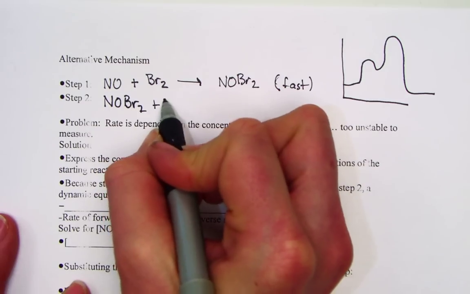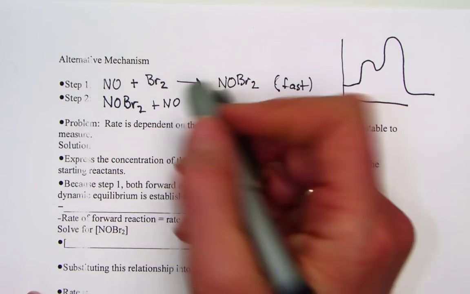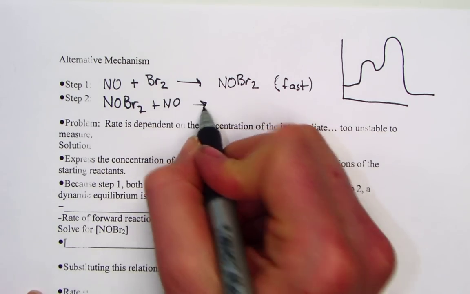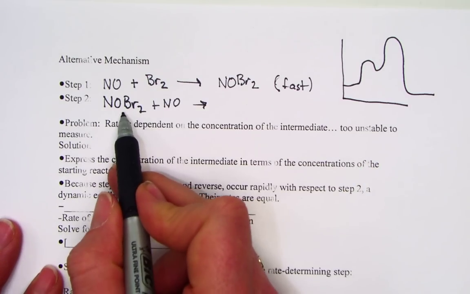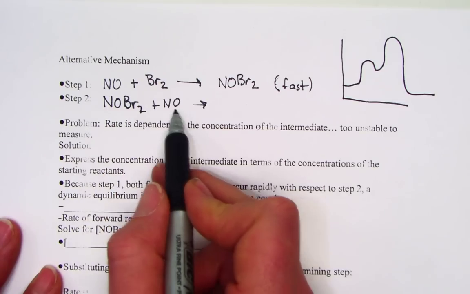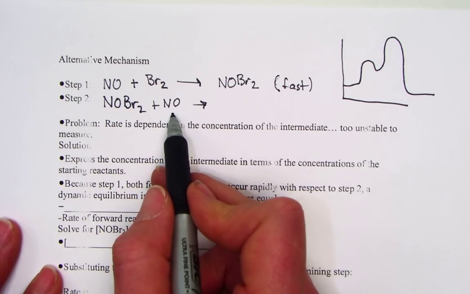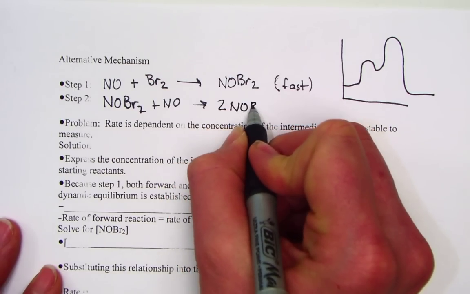We have that second molecule of NO that needs to collide as well. In my next collision, of my proposed mechanism, I'll take that unused NOBr2 produced here and now use it up here, collide it with that unused NO molecule from the original 3 molecules, and go on to form 2 units of NOBr.